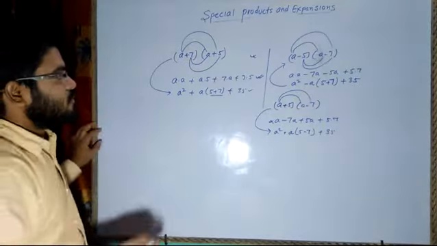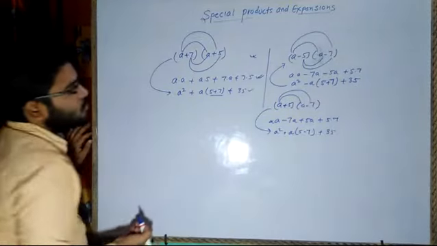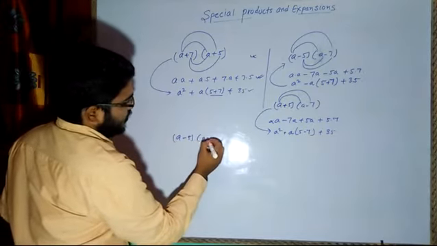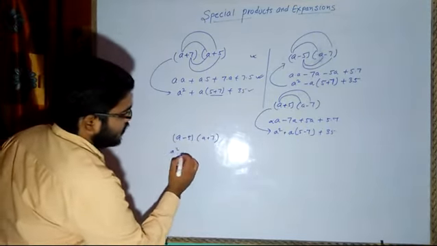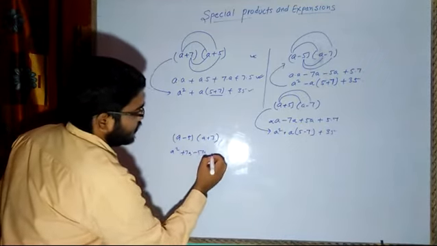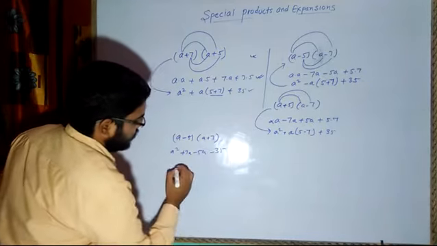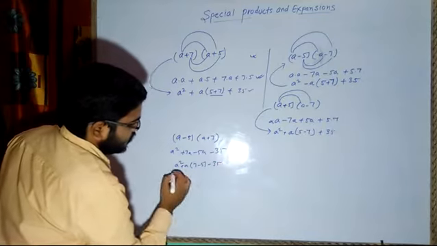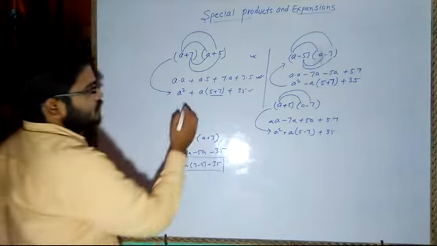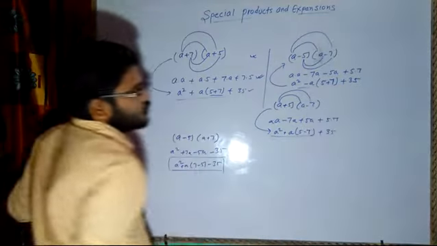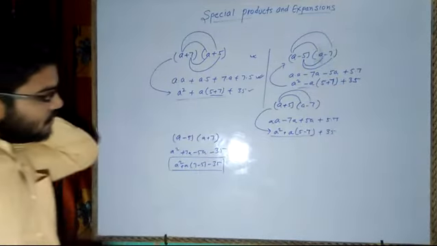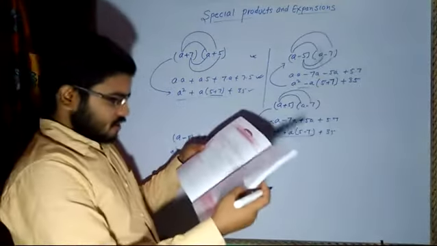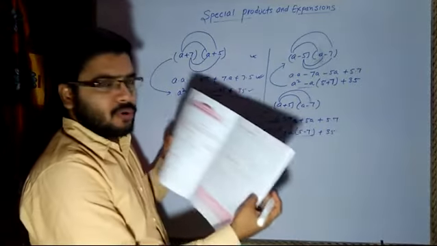Directly you have to remember four formulas, 1, 2, 3, and then the fourth one will be like here, a minus 5 and then a plus 7. So it will be a square, plus 7a minus 5a, then minus 35, it will become a square, a common, 7 minus 5, minus 35. So this is one formula, this is another formula, this is another, and this is another. So all the four formulas we have discussed. So we all can solve the numerical problems based on the questions given, like on page number A29 of special products and expansions.